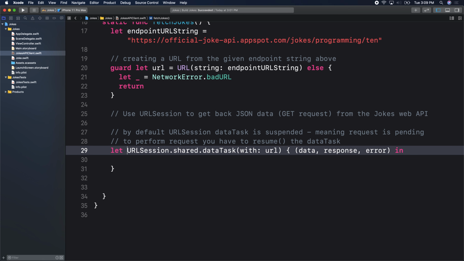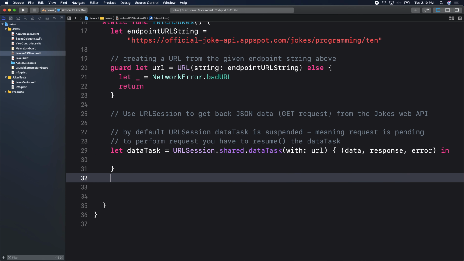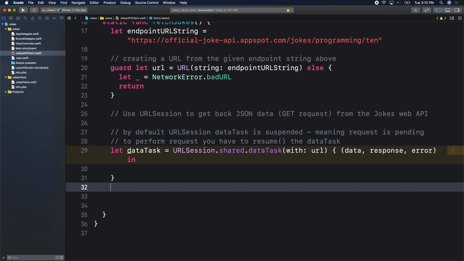it returns a task. And on that particular task, if you're a good citizen with Xcode, you know that we do not leave our code behind. We do not leave warnings behind, correct, Julia? We don't walk away from warnings, right? If we have a warning, we have to address it. Here we have a warning, unused constant, right? At this point, we know we have to use that constant here to resume the task,